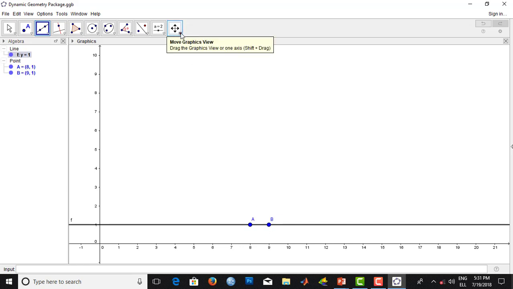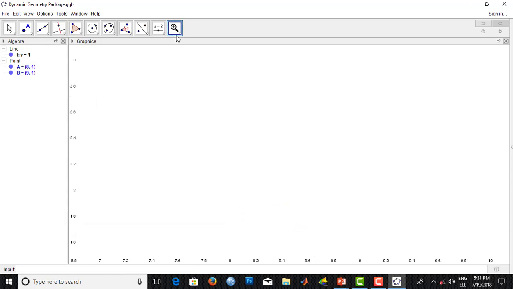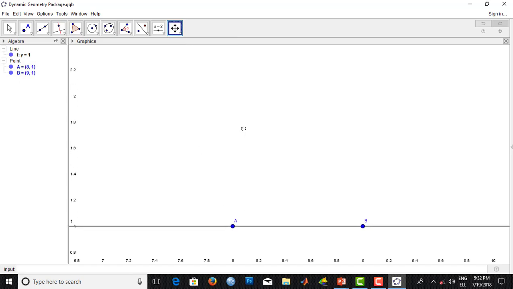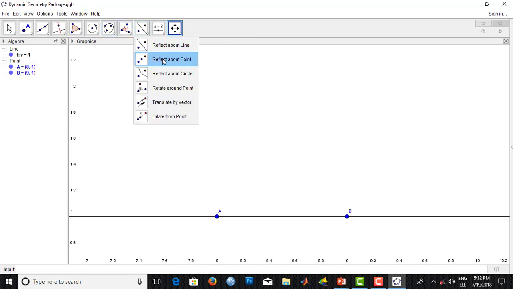Then I'll use another tool here for magnification so as to create a good field to do my construction from. That has moved so much underneath. I can bring it up this way. With that kind of distance between the 2 points, I'm ready to proceed with the construction. And before I